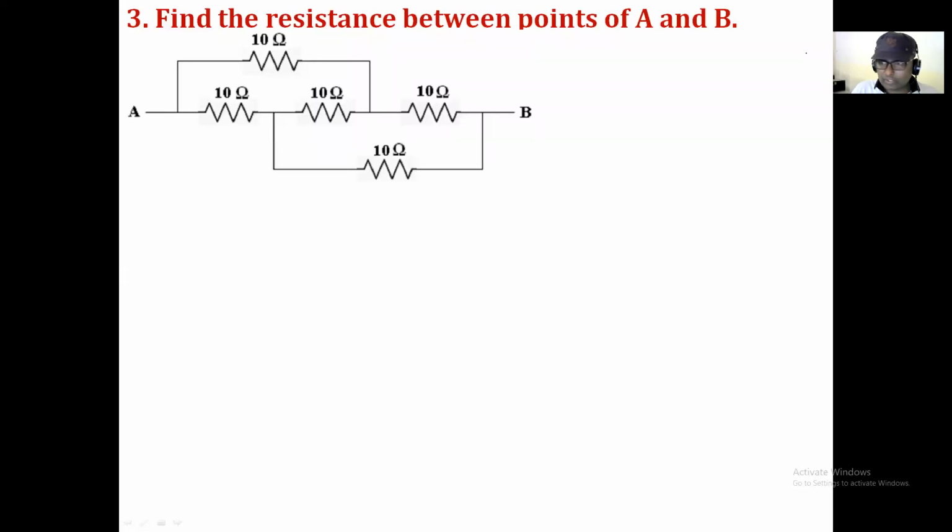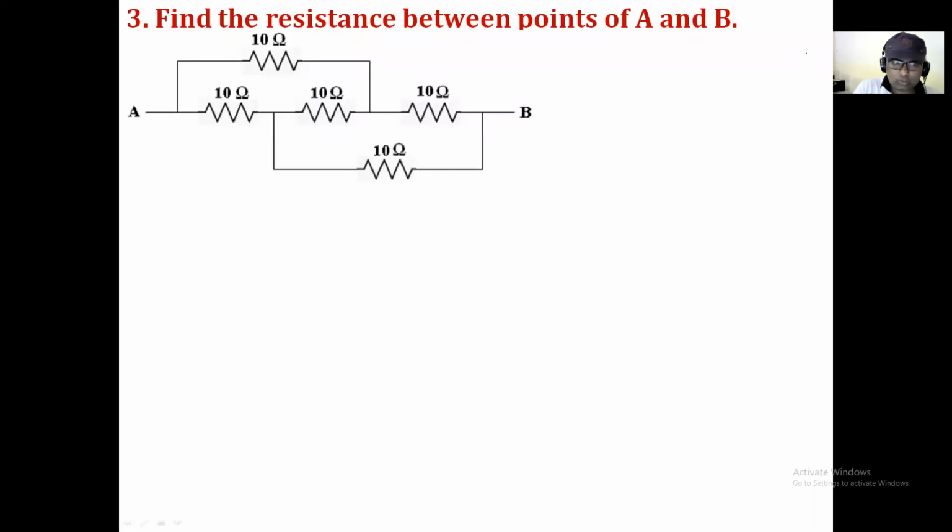So all of you please have attention here. Here we have to calculate the resistance between the points A and B. But if you check this numerical, they have not mentioned whether you can solve it by the series and parallel circuit rule or by the star delta rule. The choice is ours. But first we will try to apply the series and parallel circuit rule, and then we will check whether it is possible to apply. If not, then we will think about star delta.